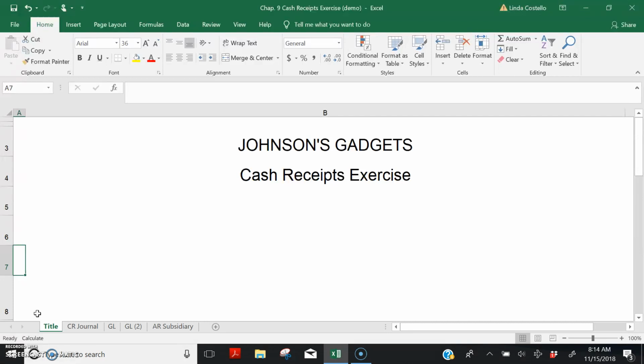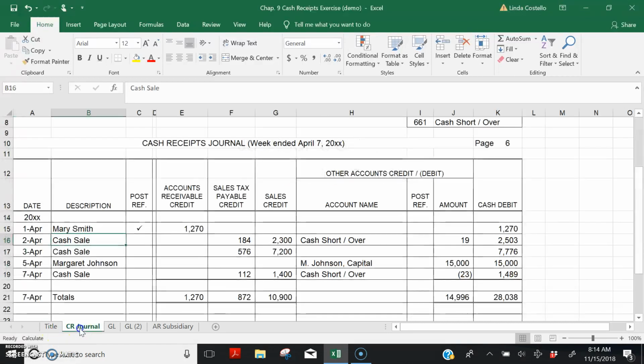Turn to the cash receipts journal for the week ended April 7th. This is cash receipts page 6 in this exercise. We need to post the column totals from the cash receipts journal to the correct general ledger accounts. So we'll post this credit to accounts receivable, this credit to sales tax payable, this credit to sales, and this